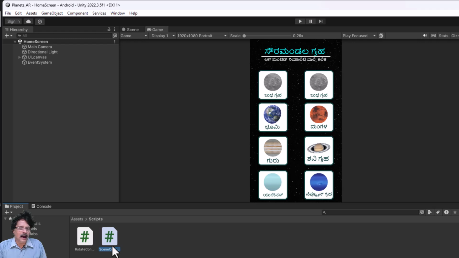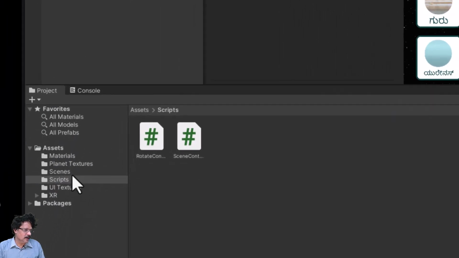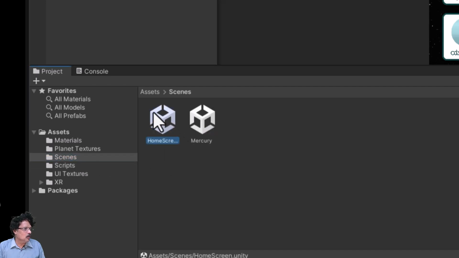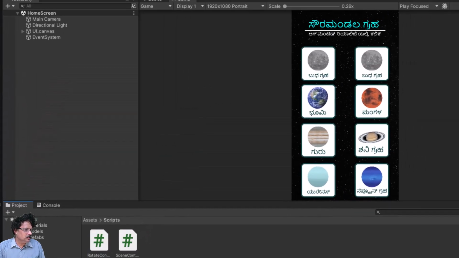Now as of now, this SceneController is a script which is lying in my warehouse. I want this script to come into the scene. How am I going to do it? So for this, I have to attach this script to some component in my scene. So for example, right now I will come to Scenes and open the Home scene, and I will come to Scripts,